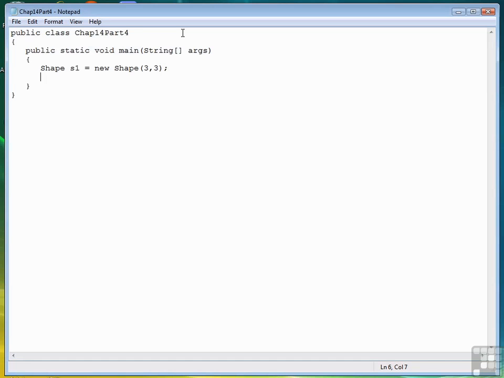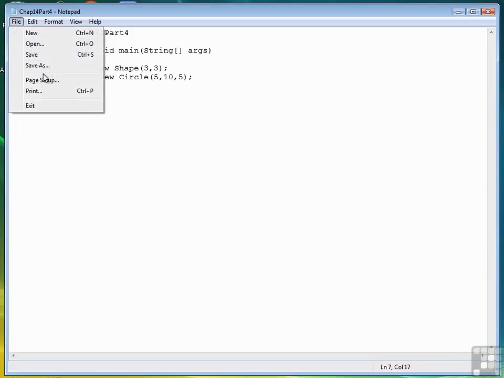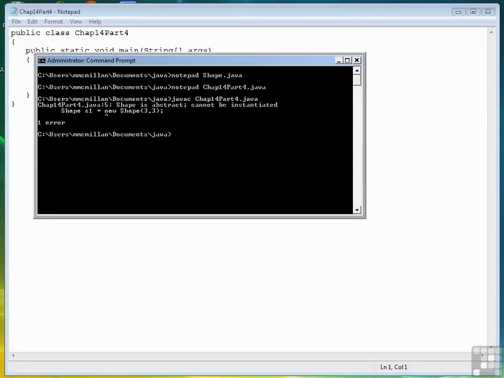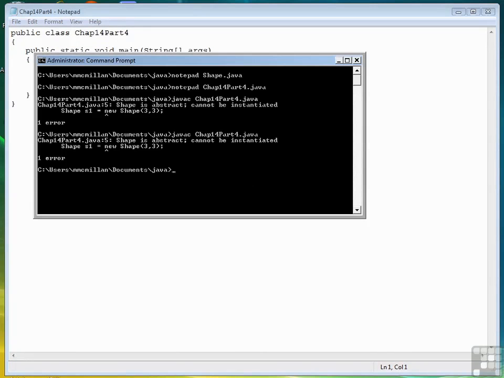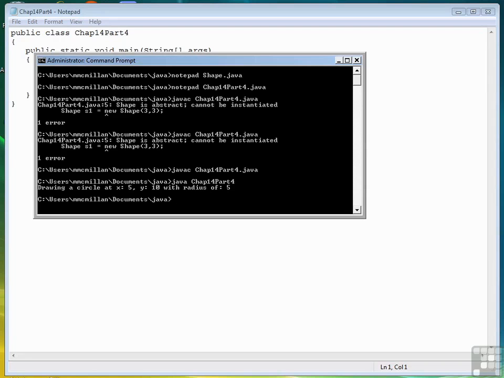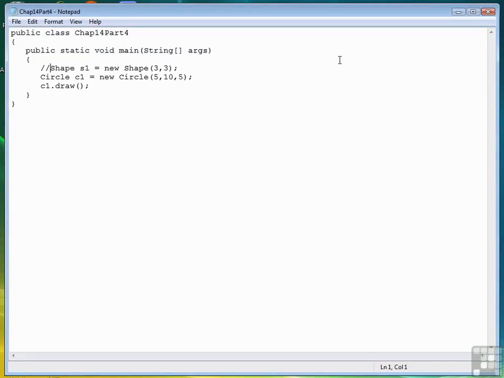So for example, I can do this. Create a circle class. We'll call the draw method just to verify that it works. Save the file. Compile the program. Oops, I forgot to take shape out. Okay, let's comment that out. Save the file. Compile again. So it's clear that we can use shape as a superclass when it's declared abstract, but we cannot instantiate it